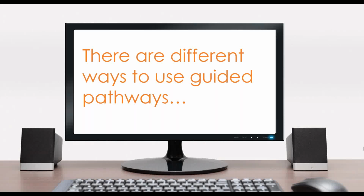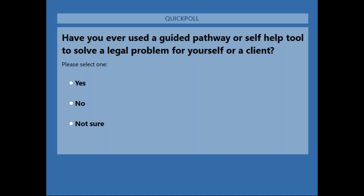Okay. And just to find out a little bit more about our audience, we're just going to launch a quick poll. Have you ever used a guided pathway or self-help tool to solve a legal problem for yourself or a client? So that we're just collecting the responses from our listeners. We've got a quarter of people have voted so far. Hopefully that's popped up on your screens. And so far we've got 100% of people have not used a guided pathway or self-help tool. So that's good. You're in the right place to find out more about these tools